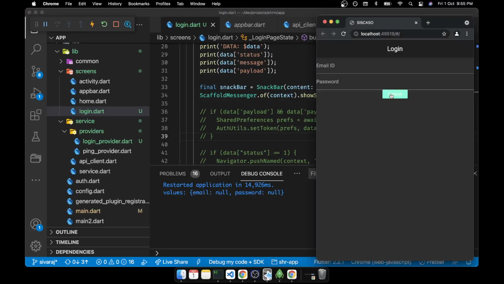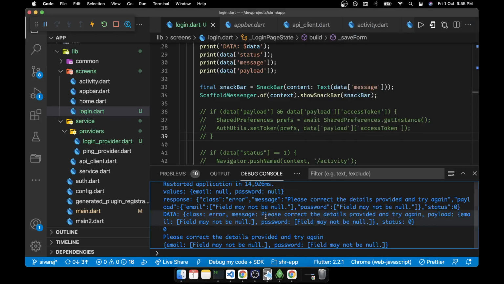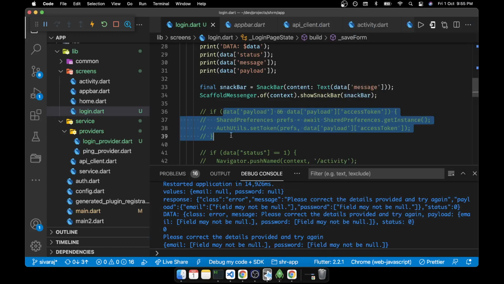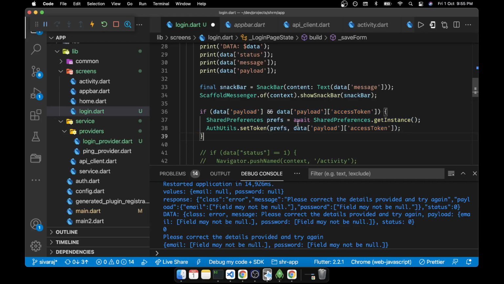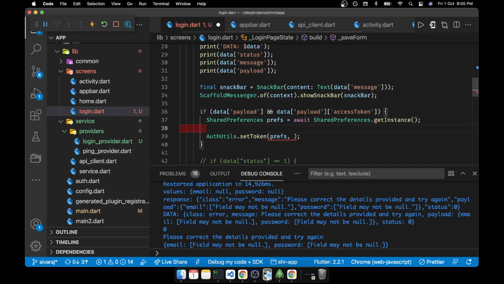Application restarted, we can just submit it. Okay, so basically the problem is within this part. What is it expecting here, payload, data of payload? So we can just try to print the value.